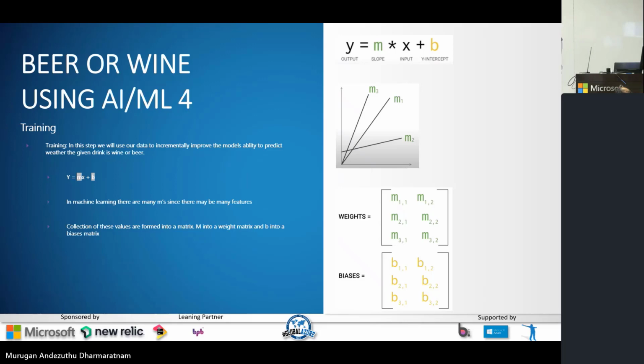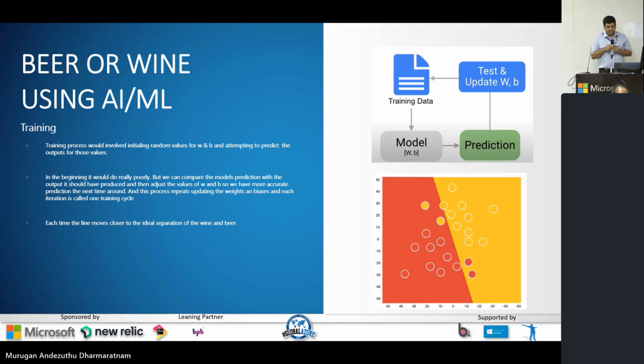You can have multiple features, so you have multiple lines, and in this case you create a weight vector and a bias vector, right? What happens is you provide the training data and you start with random values for W and B, weights and bias.